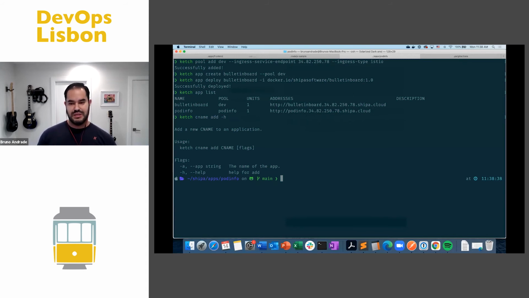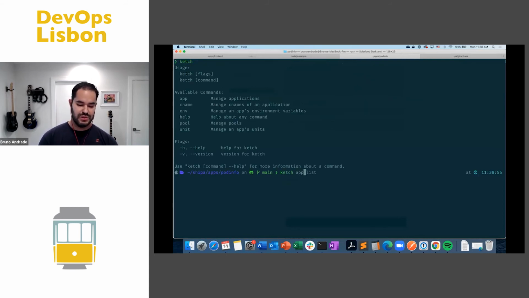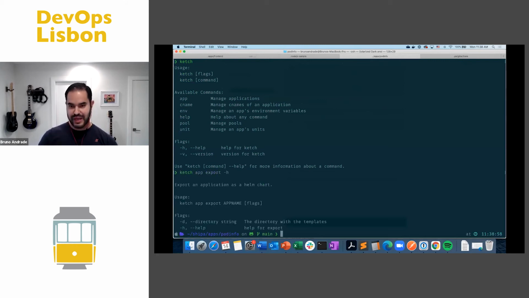And while this is a standard deployment of an application, if I need to customize specific things, then I can create a Helm chart out of it. And Ketch also helps you do an automatic creation of your Helm charts. So as a developer, you don't need to learn how to create and put this all together. For all the charts and templates, you can point Ketch to an application you have deployed and say, export a chart for me. And it will automatically create all the Helm charts, which you can then customize if needed and re-import.